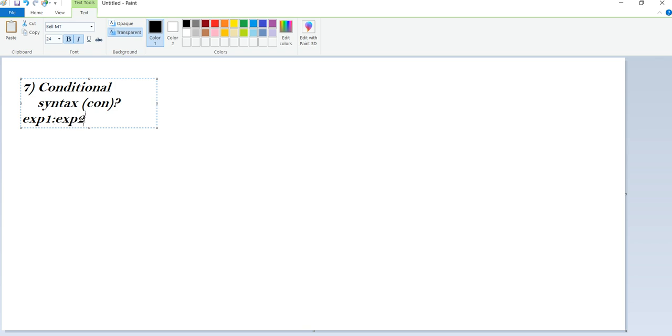It checks the condition between these two, expression 1 and expression 2. If the condition is satisfied, then it will evaluate expression 1 available after the question mark, and if the condition is not satisfied, then it will evaluate expression 2 available after the colon.